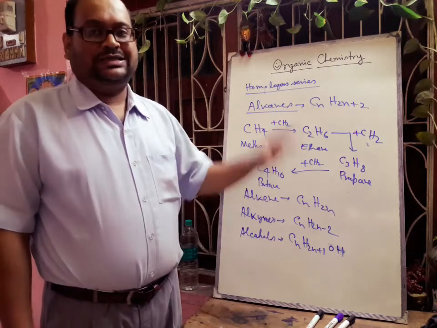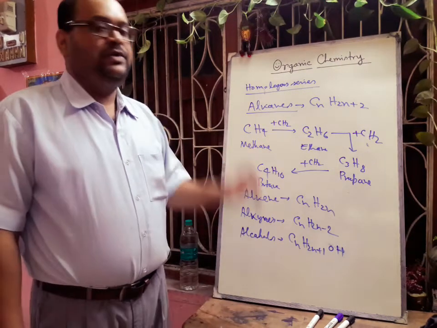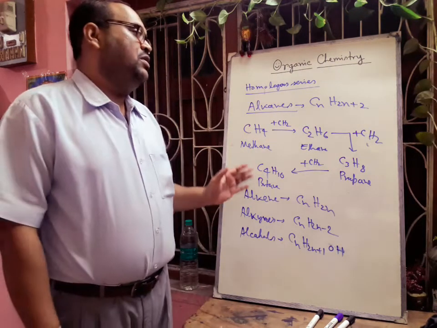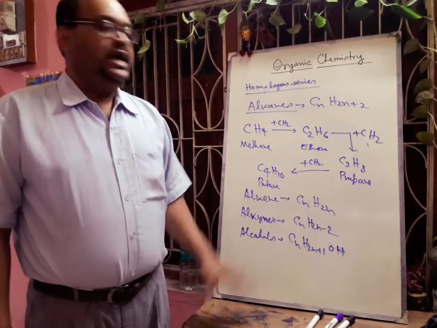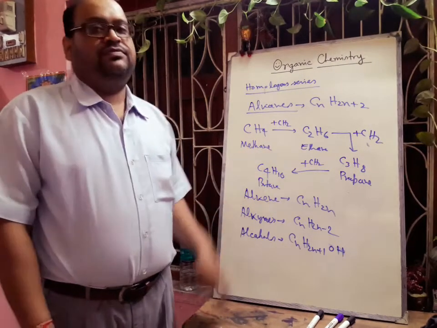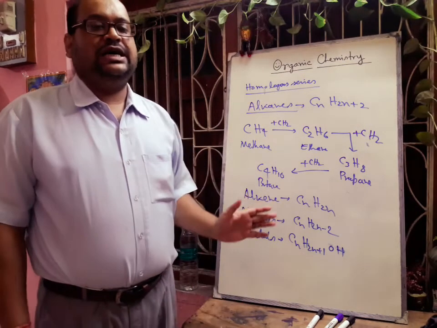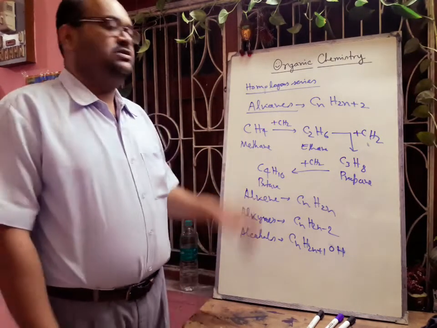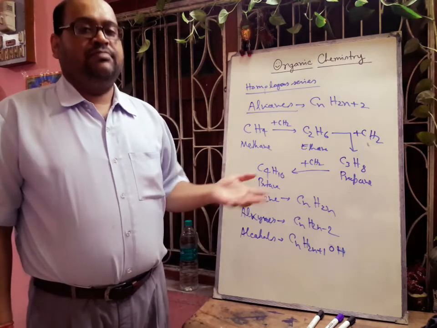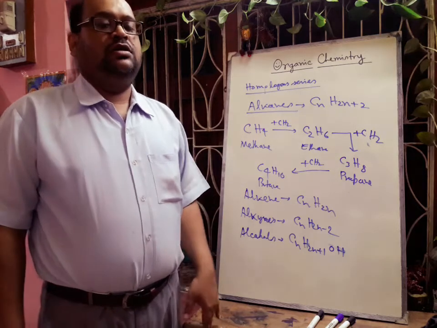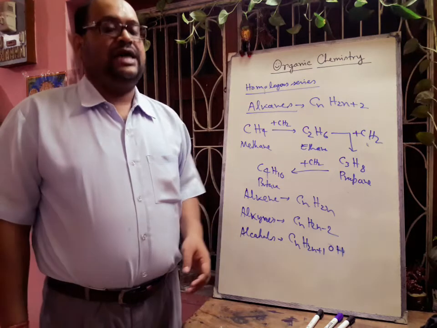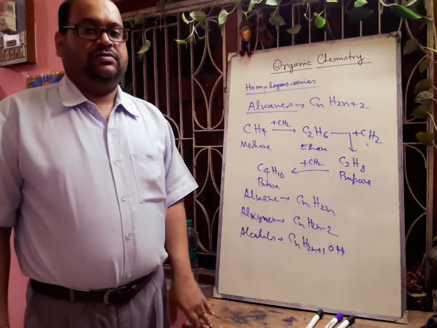This type of systematic formula, that means homologous series, will help you in the systematic study of organic compounds. It is also helpful in predicting the nature of the compound as well as the properties of the other members of the series. So if we know the properties of methyl alcohol, definitely we can understand what will be the property of its next member, that is ethyl alcohol. Hope you can understand.